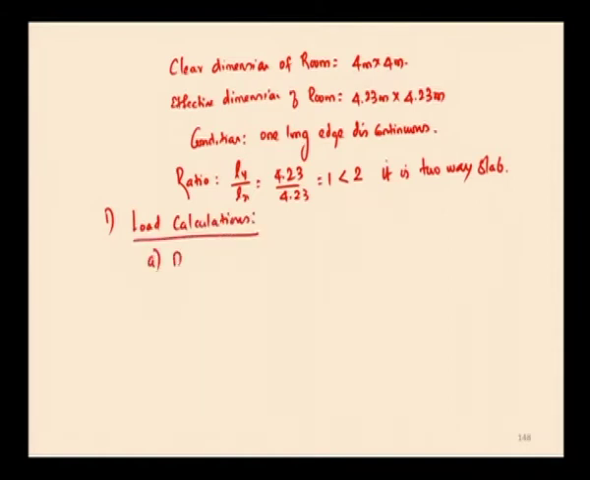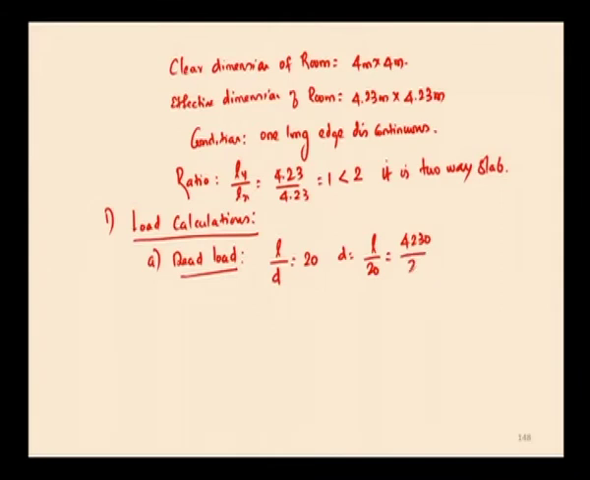First one, dead load. For the dead load, first we need to assume the thickness of the slab from the deflection criteria. Here the dimension of the room is more than 4 meter, so we need to follow the usual L by D, that is effective depth ratio for simply supported slab, that is 20. So, L by D ratio here, D is equal to L by 20,